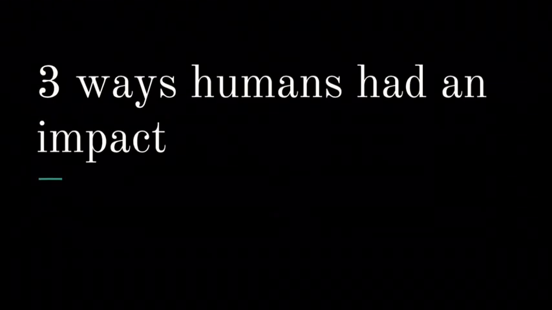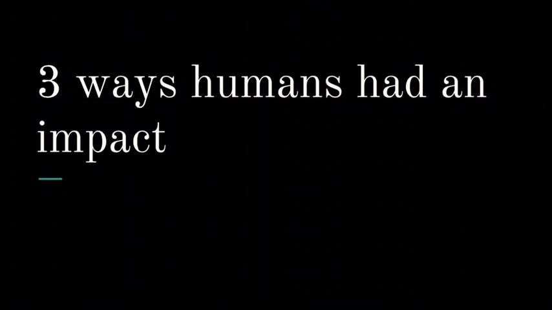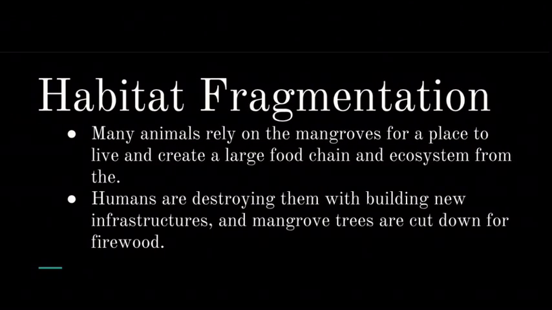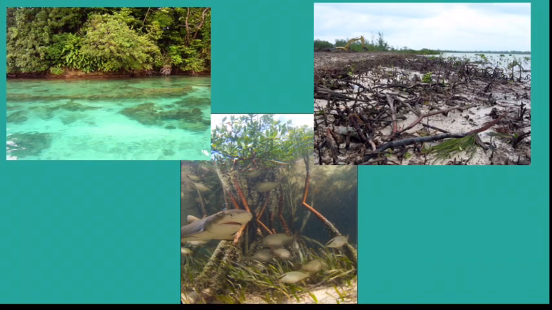Then three ways humans have had an impact. So with habitat fragmentation, many animals rely on the mangroves for a place for life and to create large food chains and ecosystems. And then, as you saw on the map, they have a very high biodiversity. And then humans are destroying them, building new infrastructures, and mangrove trees are being cut down for firewood. And then seen in the pictures, you can just see how mangrove forests are kind of being impacted